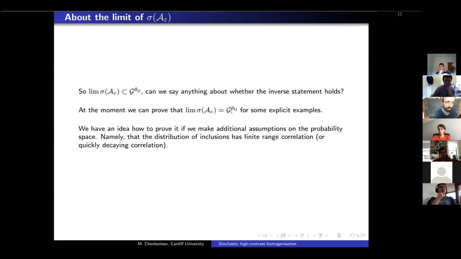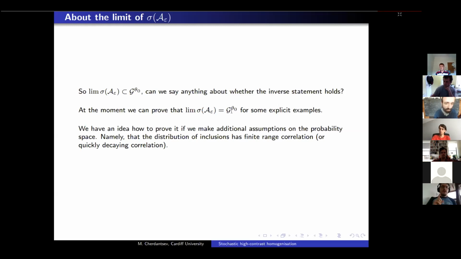Okay, I see. So if you go to your example 1, where you had probability 1/2 that there is or is not an inclusion in a given cell, you could, for example, deal with the setting where as you go away from the origin, the probability of there being an inclusion in a given cell goes to 0, for example. No, this would be against the